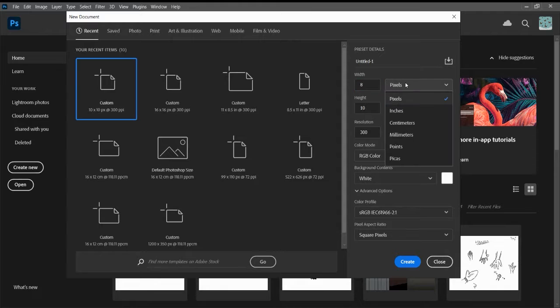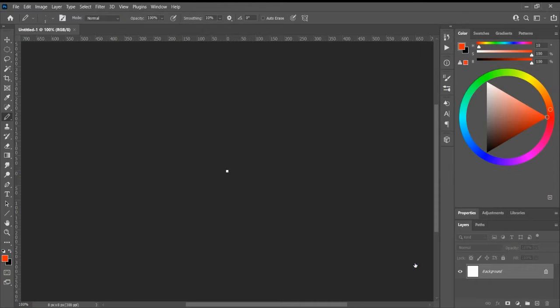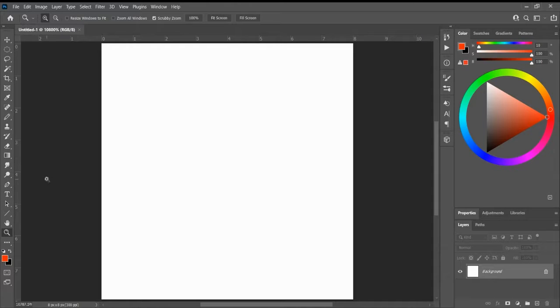and make sure that this is on pixels, and you can set these to a small amount. I'm going with 8x8, and so you'll see it'll be super small here. So what you can do is you click on this magnifying glass and then click on Fit to Screen. So now it's big,